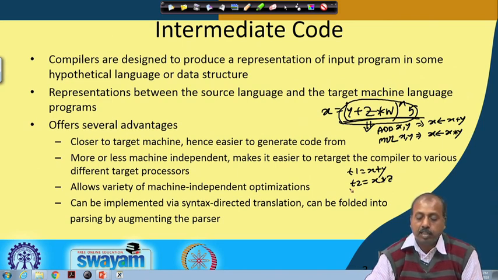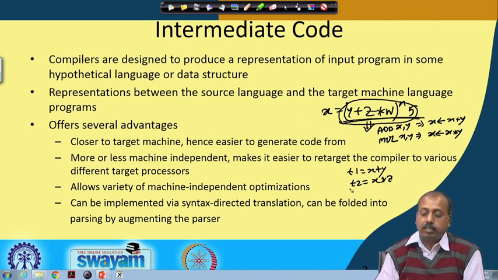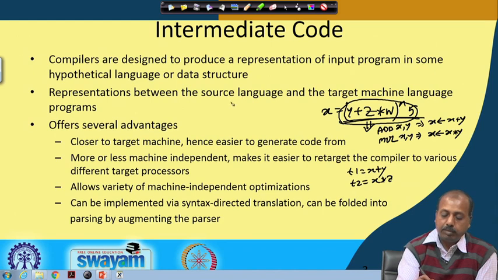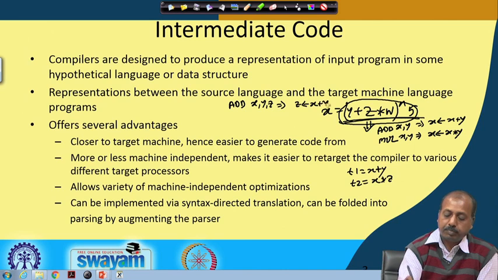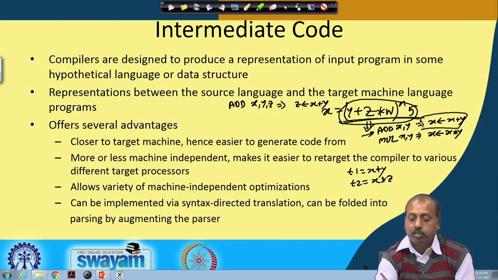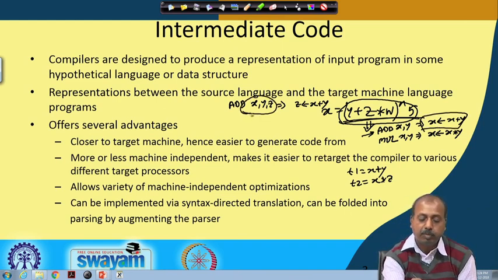target processors. Otherwise, what will happen is that if you look into this addition instruction itself, some processors will allow you to have 3 operands in a format like add x, y, z, such that the meaning is that z will get x plus y. And some processors will allow you this format, add x, y, telling that the operation is x equal to x plus y. So, in some cases it is a 3 operand instruction, in some cases it is a 2 operand instruction.